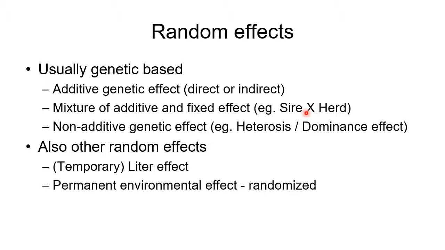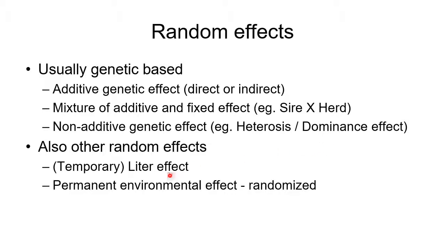So that can also be included in your models. We can also have some non-additive genetic effects like heterosis or a dominance effect. For example, where you have purebred animals and crossed animals in the same genetic evaluation. You can also include the percentage or the constitution of those animals, how they were constituted, as a so-called heterosis or dominance effect in your models, to account for possible non-additive genetic effects that can cause differences in the performance of